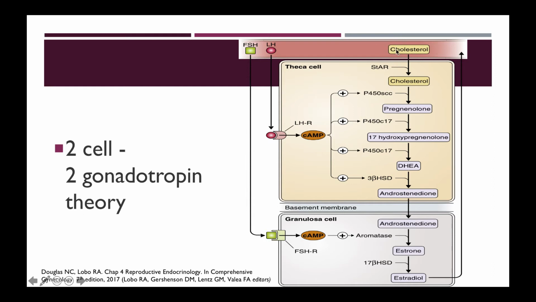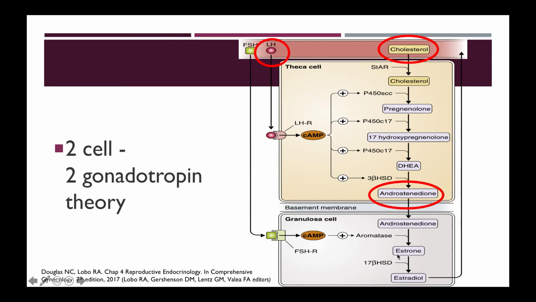So, cholesterol diffuses through the theca cell or goes inside the theca cell to be converted to androstenedione or an androgen. And this is largely under the influence of LH. Alright? So once androstenedione is produced, it diffuses through the basement membrane or crosses the basement membrane to enter the granulosa cell,